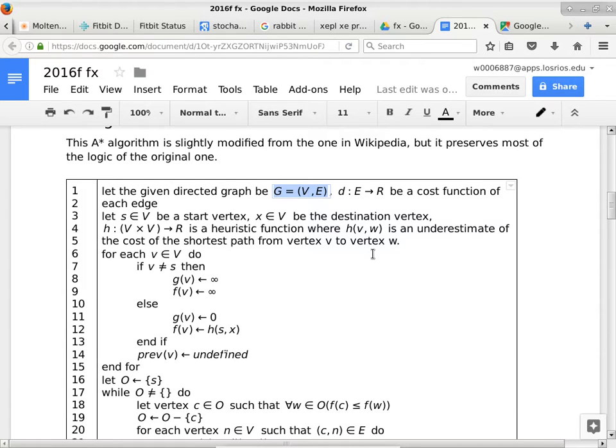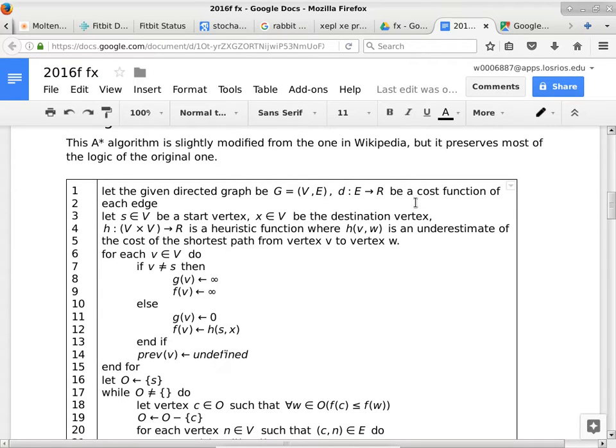Is that okay? All right. So in this case, we also have a function, the distance function. The distance function is mapping the edges to real numbers. But to be more exact, these have to be non-negative real numbers. In other words, we are associating each edge with a non-negative real number to be the cost of that particular edge. Is that okay so far?